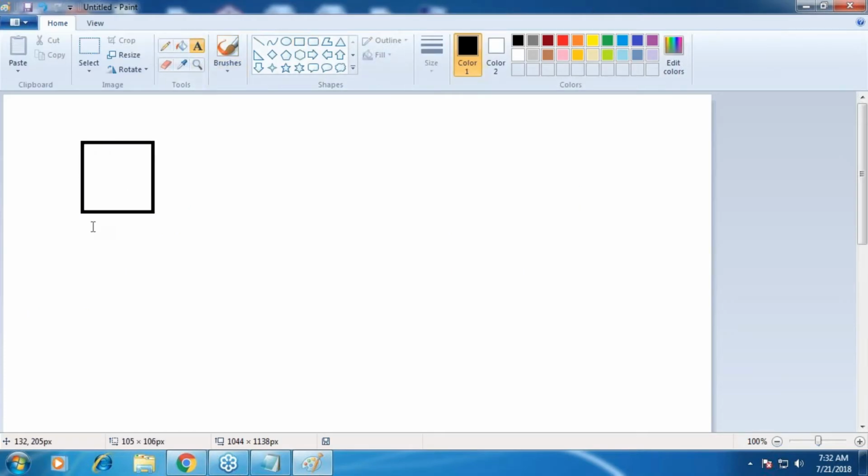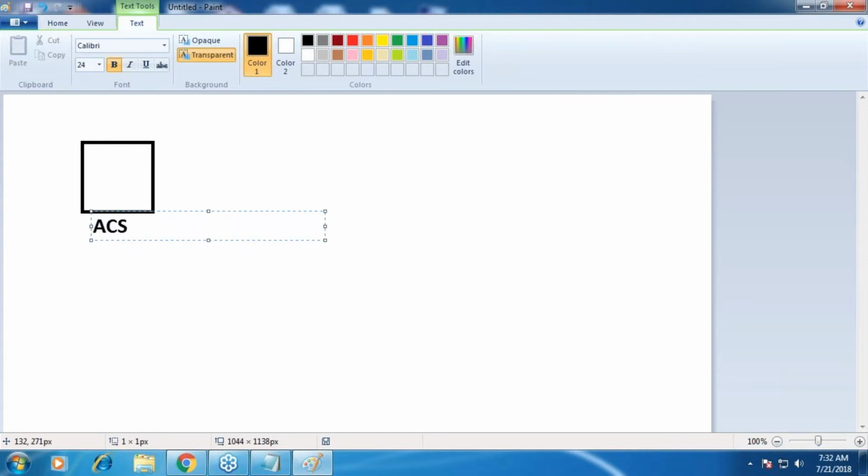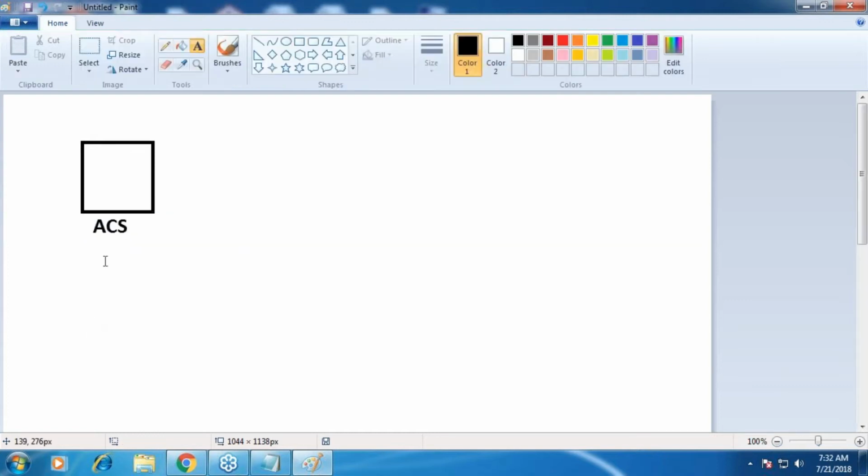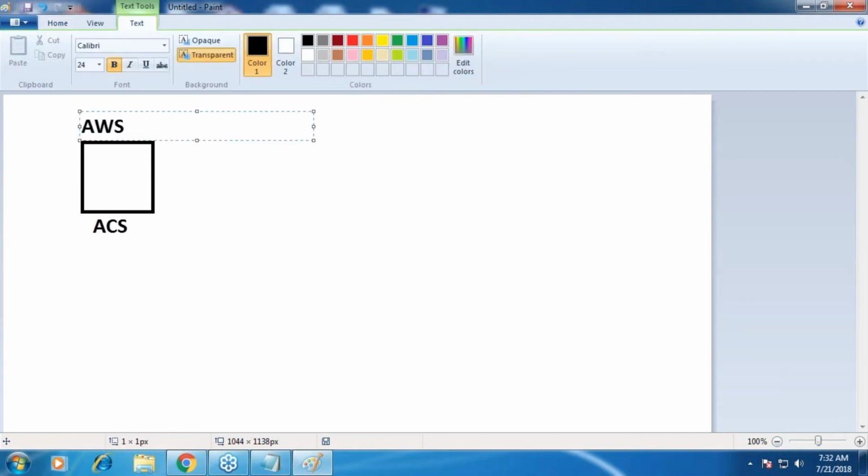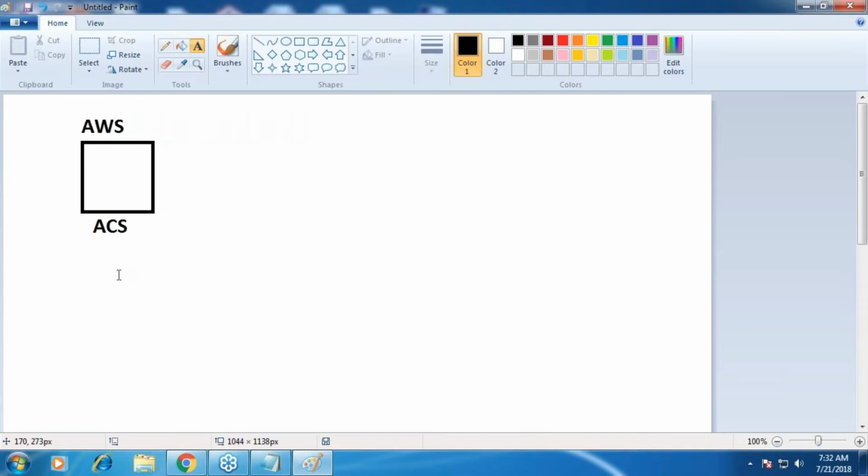I'll have one Ansible control server. This will be a machine from AWS, and I'll be taking a Linux machine, obviously, because we have said that the control server has to be a Linux machine. I'll be taking a flavor of Linux which is called Ubuntu.